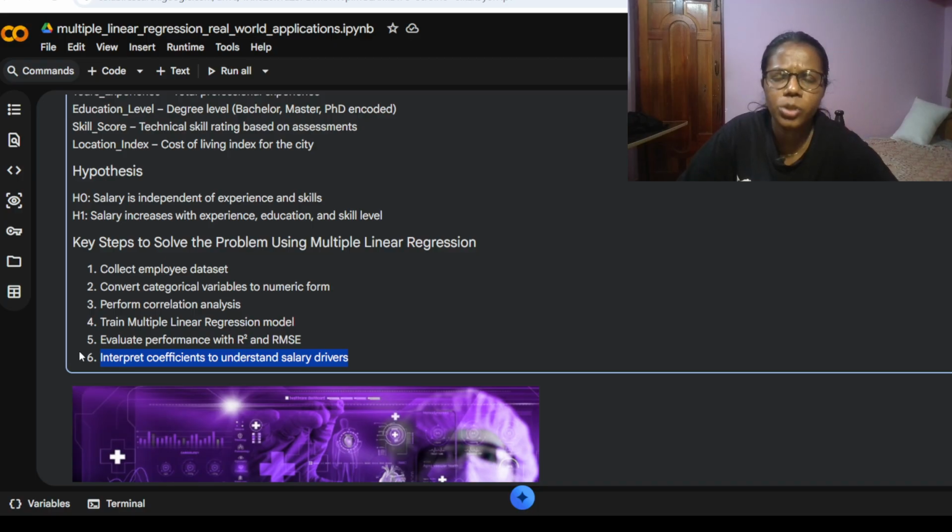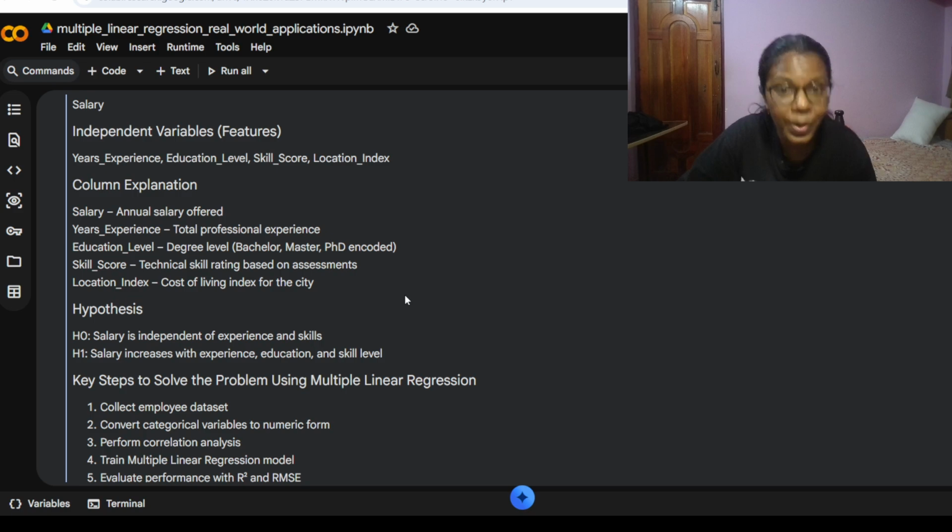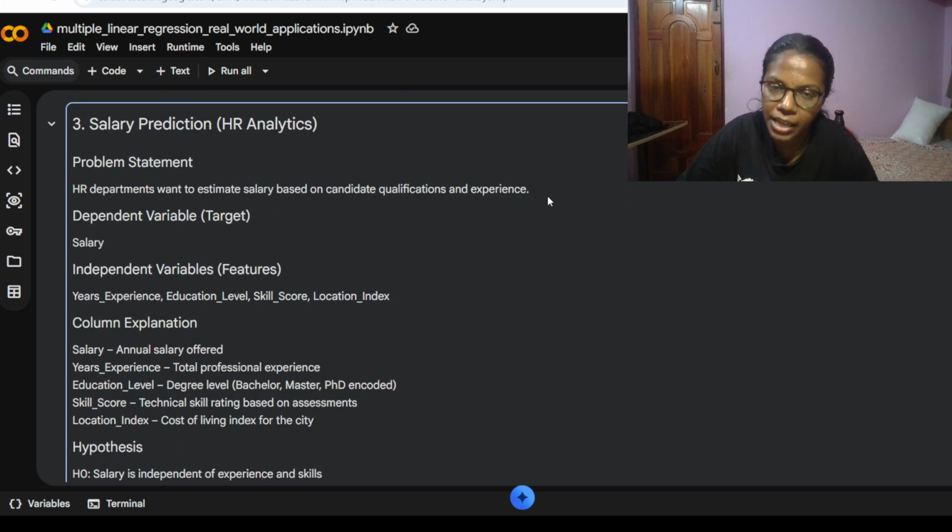I do have so many columns that directly influence my target column, right? So keeping other columns constant, I'll be changing one particular column's value and checking which has high influence towards the target column. That's what I'll be doing here at the interpreting coefficients step to understand salary drivers. So this is how AI could be applied in a powerful way when it comes to salary prediction, specifically the data science and data analysis part.